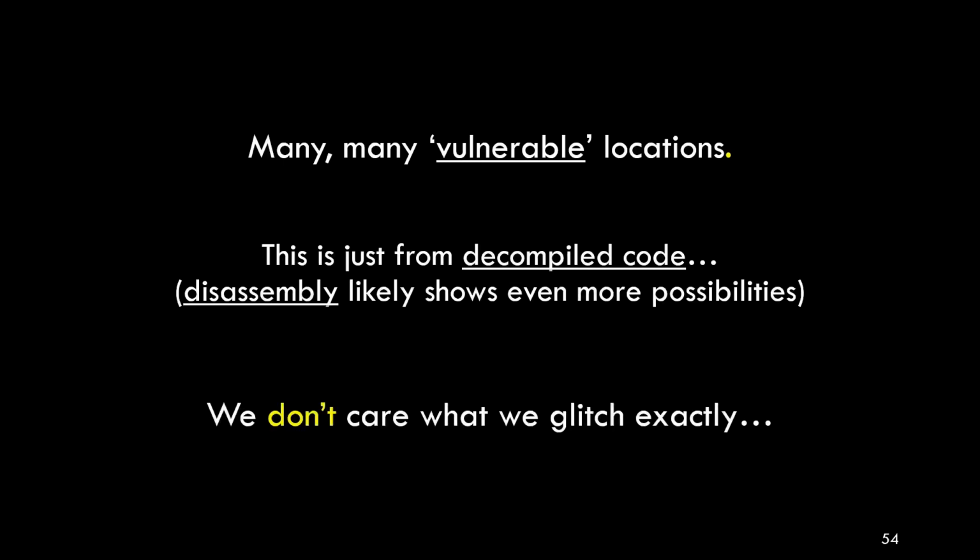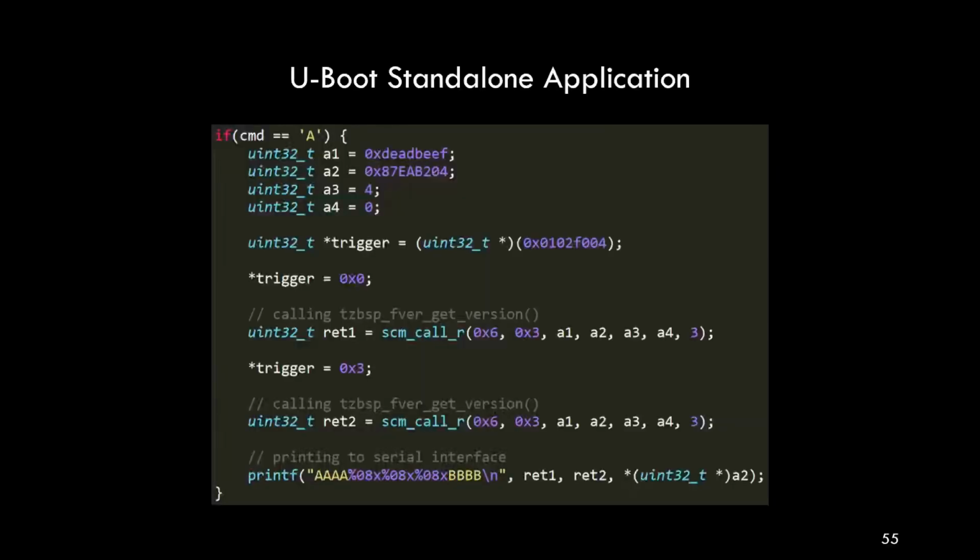However, from an attacker point of view, we don't really care what we exactly glitch. I mean, if you want to harden this code against fault injection, you might be interested in this. But from an attacker point of view, we just want to bypass the range check. And that's exactly what we started doing. We did not really reverse the solver in any way in order to identify those locations. We simply start hitting the chip at the moment in time QSEE was being executed.